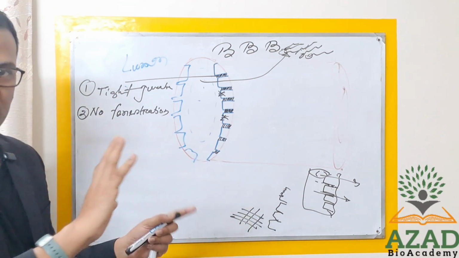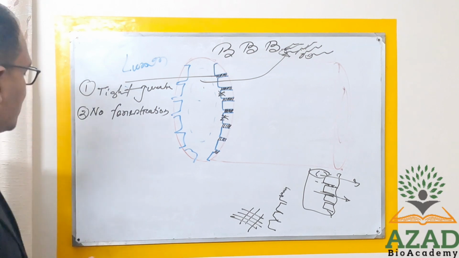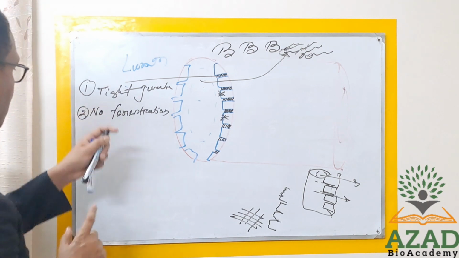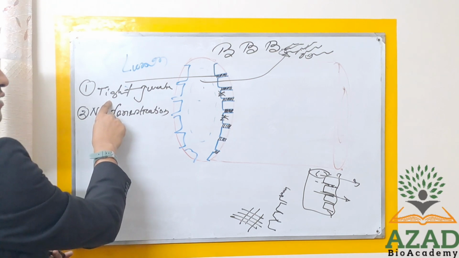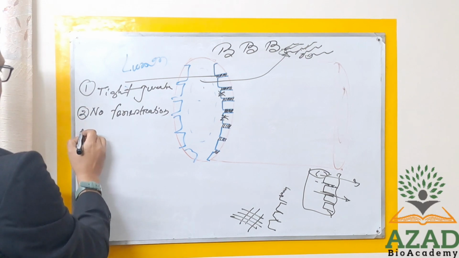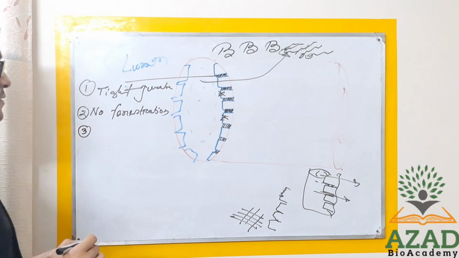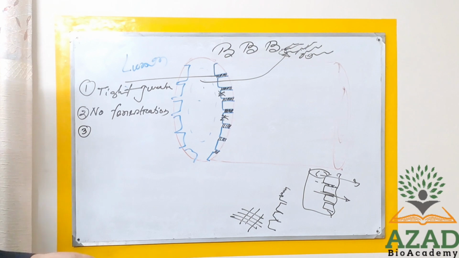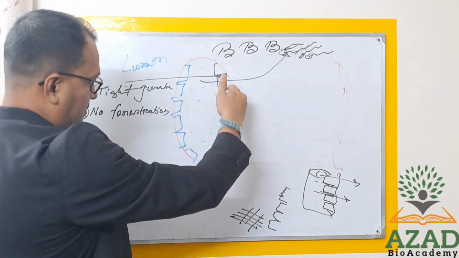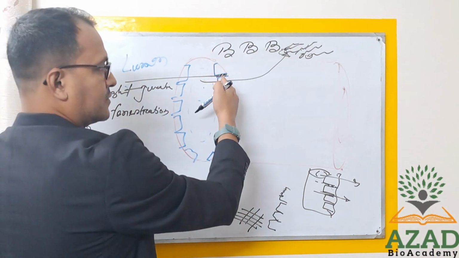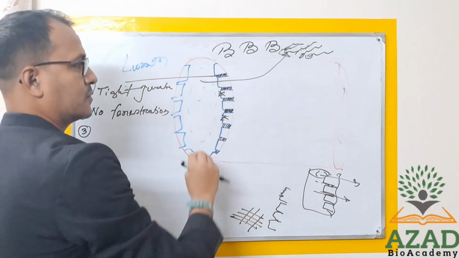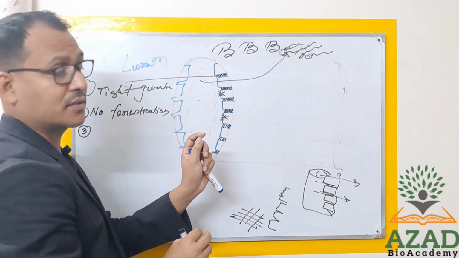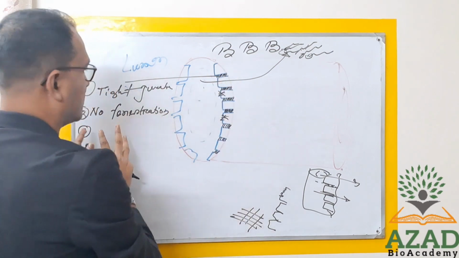Through this window, anything would pass, so nothing will pass. So this is another component which is considered a barrier. Okay. Number 3 is just the tight junction, and then no porous fenestration. And now third point is that